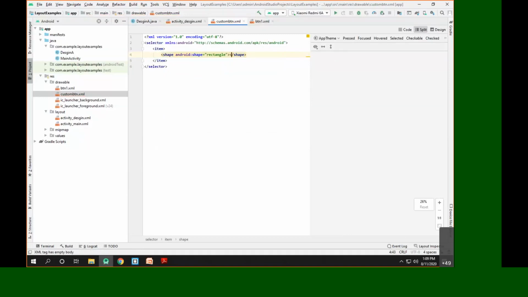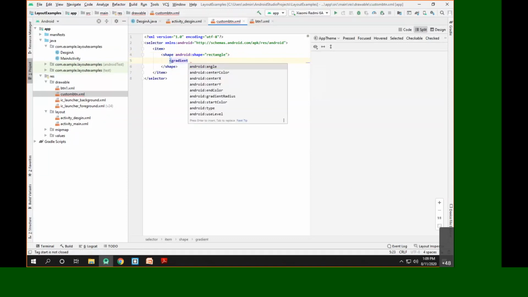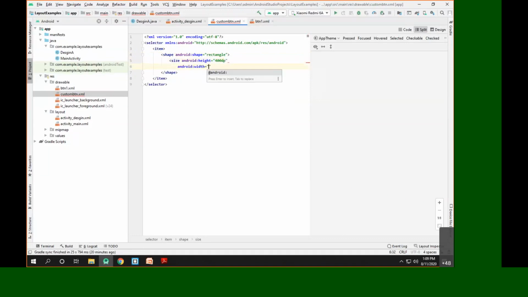Now for this particular shape, we need to add the color. So let me add the size of it. Shape size, height of 40 dp, and let me add the width as 200 dp.